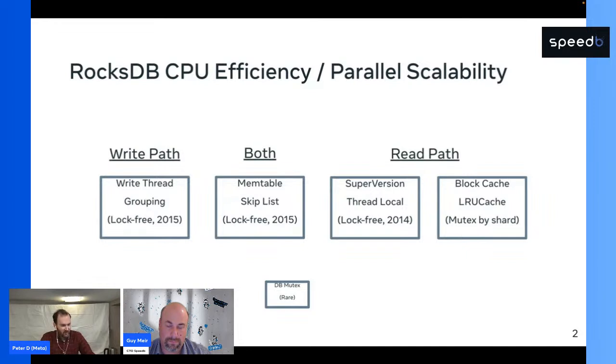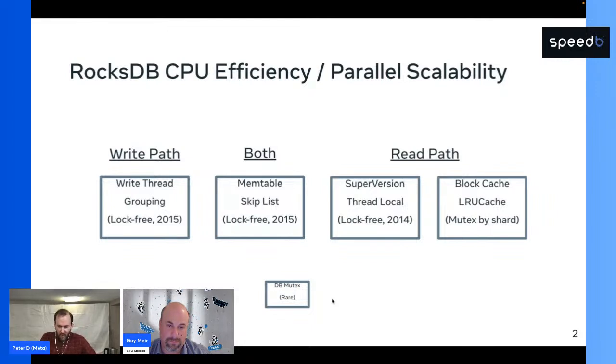This is not a disaster. It scales pretty well because of some sharding that we'll talk about in a minute. But it's still mutex based, and so there can still be sources of contention, and that can be a performance bottleneck in some cases. I thought I'd just point out that there's also something called the DB mutex that